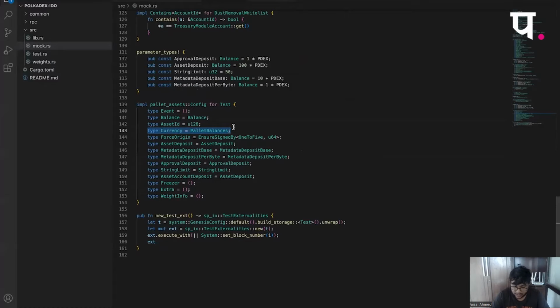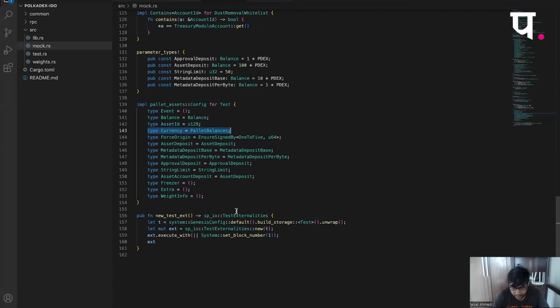You cannot transfer native currency using the assets pallet. You have to use the balances pallet, and that is why assets has that. I already showed you on the Explorer how I used sudo and went to the balances pallet, and did a set balance extrinsic to make sure that we have the native currency.